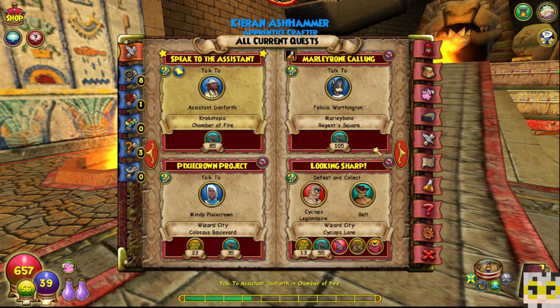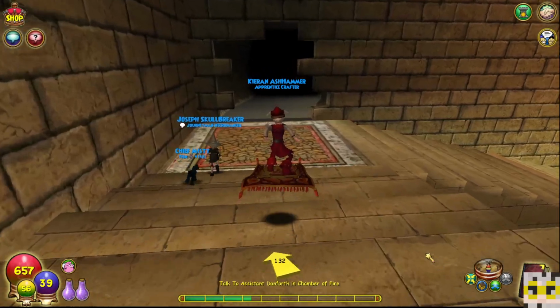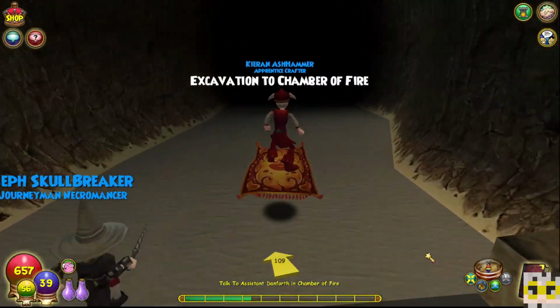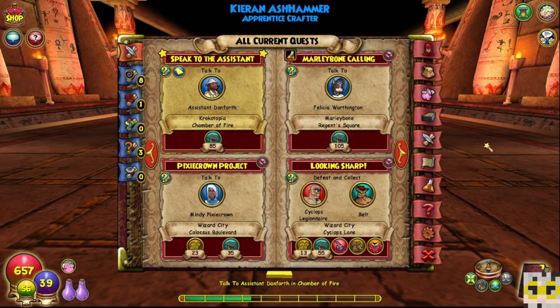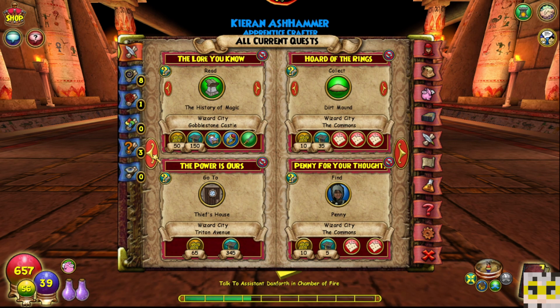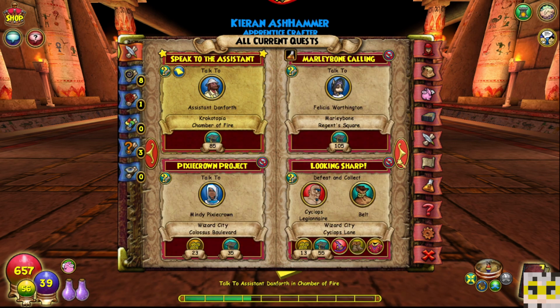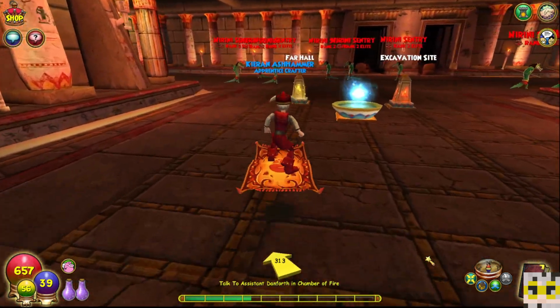Yes. So we need to go ahead and talk to our buddy Danforth, because we need to track down the Order of the Fang. And that's what we're trying to do right now, is discover the secret of the Order of the Fang here. So let's go ahead and get this going. I don't think we have any other main quests we need to worry about, or any specific school quests, because we went ahead and took care of those when we talked to,